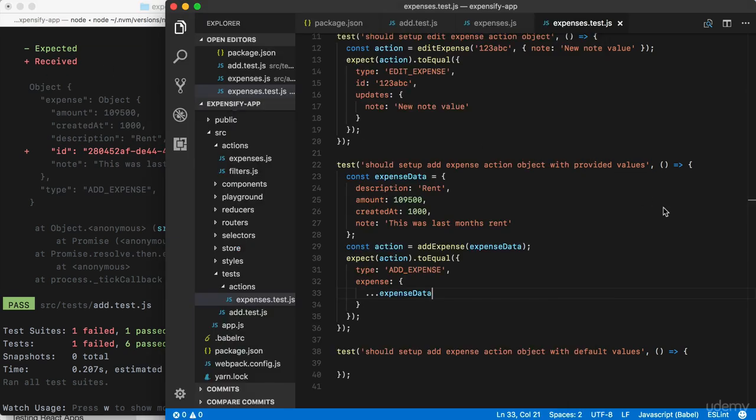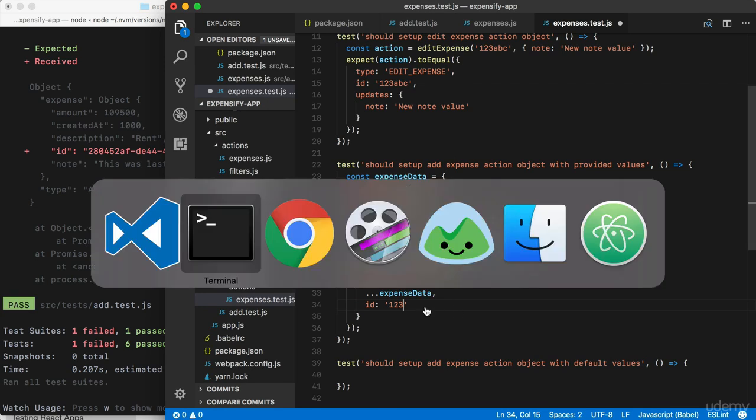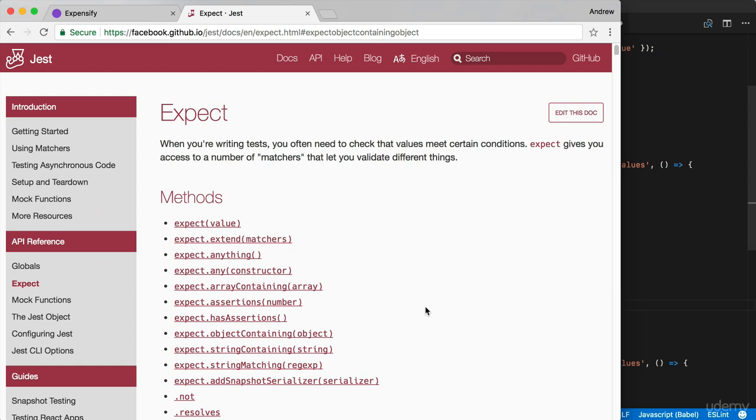That's a problem. So if we do try to provide a value for ID, we don't really have something we can type. I can't just type in the ID because it changes every single time the test case runs. So what do we do? Well, we can actually use a function that expect gives us access to. If we scroll up to the very top where we have the table of contents, we're going to be using